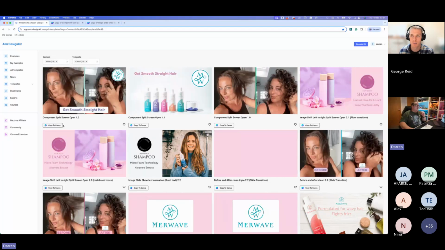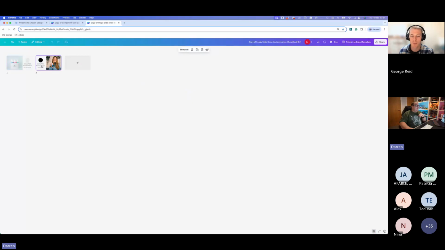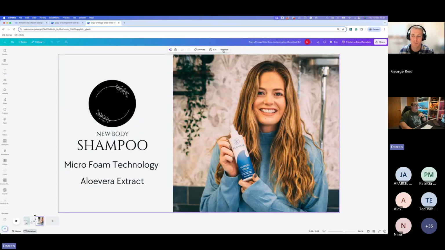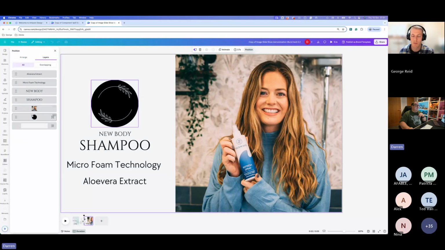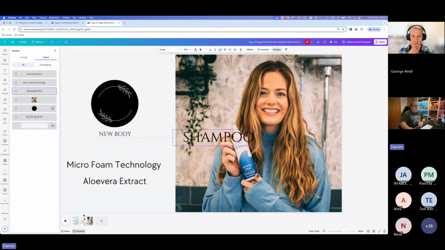So you can copy those over to Canva, and the best thing to do when you're looking at these is to look at it from under the position menu, and you can see all of the different layers, and you can edit each of those layers as you need to. You can click on them and move the layers around. It doesn't make too much difference on this one. But let's say we had shampoo on here, but we wanted that below the image for some reason. You can do that. And then you can actually hide things on, say, screen 1 behind an image. And then on page 2, you can do the match and move and have it come out from behind the image.